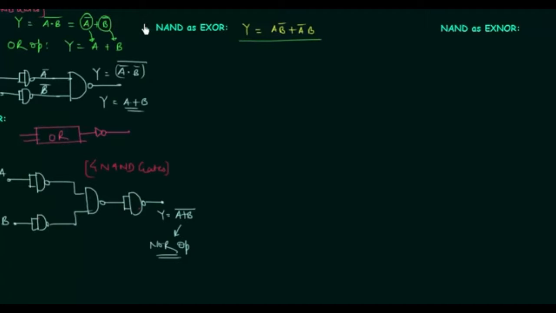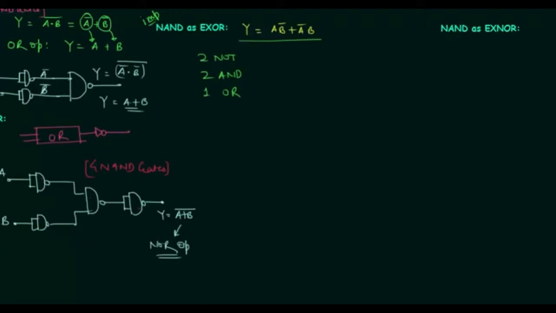Very important implementation. You can consider this as an example of implementing logic functions by using the NAND gate. So first thing that we have to see is the number of NOT, AND and OR gates. To implement B complement and A complement, we need two NOT gates, and to implement A and B complement, A complement and B, we need two AND gates, and finally we require one OR gate,